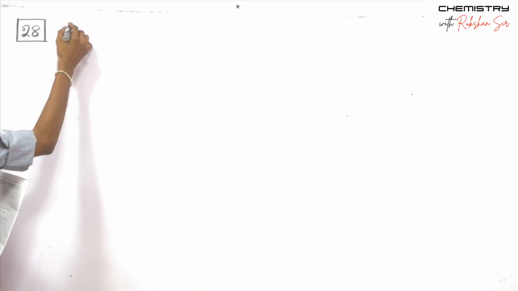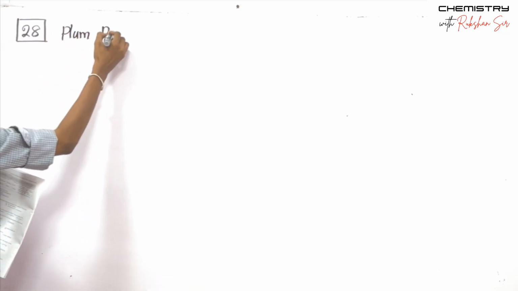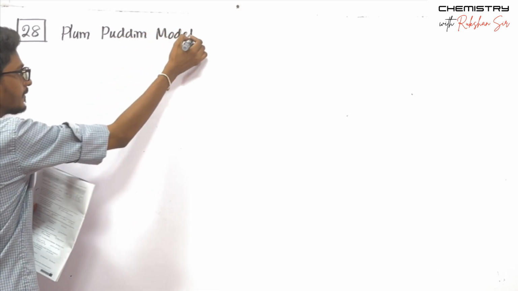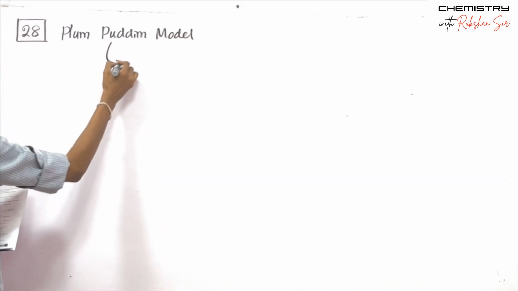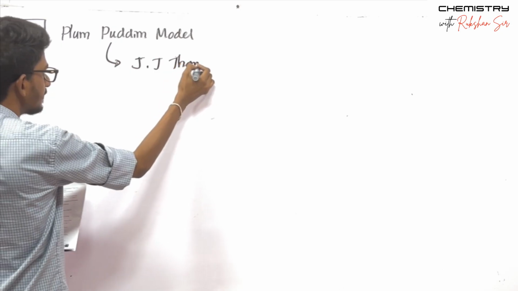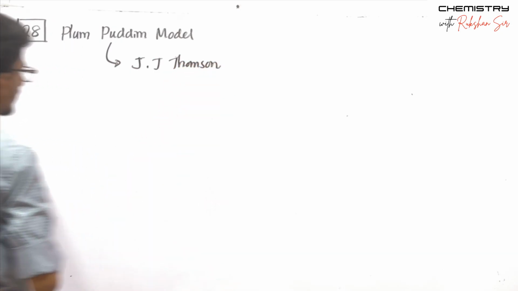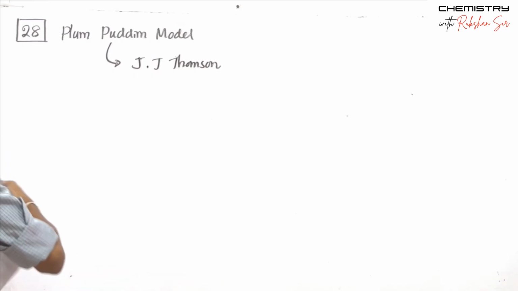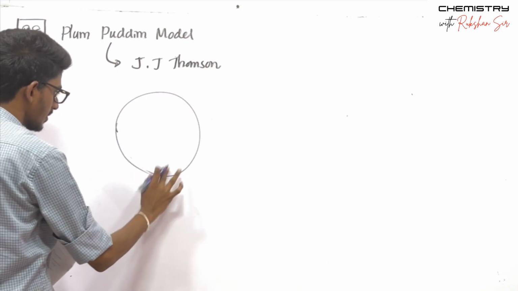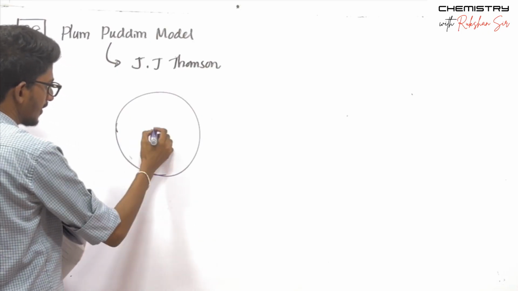The Plum-Pudding model of atomic structure was put forward by J.J. Thomson, after finding the electron, right? What does it look like? In the Plum-Pudding model, you had a